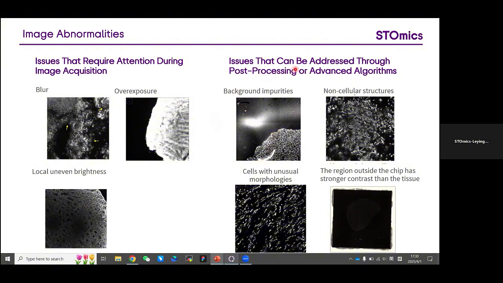Just remove this background. Non-cellular structures, such as the fibers or clumps, and also the cells with unusual morphologies, can be handled by developing and training deep learning models to differentiate and exclude non-cellular structures while recognizing the uniquely shaped cells. There is also a type of image that recently